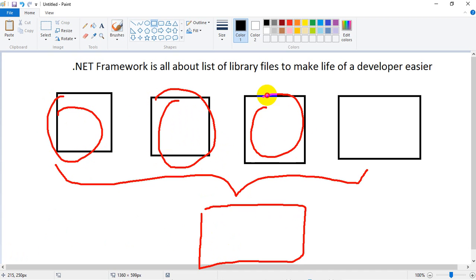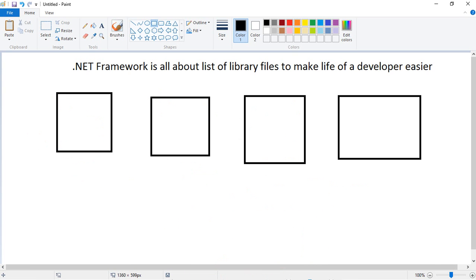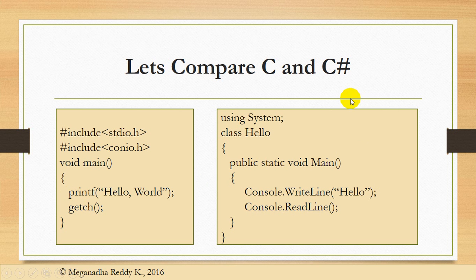An example of these reusable components is System. System is a namespace which we are using and which is provided by Microsoft, and our class here is class Hello. To print hello on the screen is my requirement, and I'm reusing what Microsoft is providing to achieve that. If you go back to this presentation, System is provided by Microsoft, and that is a namespace. Hello does not belong to System.